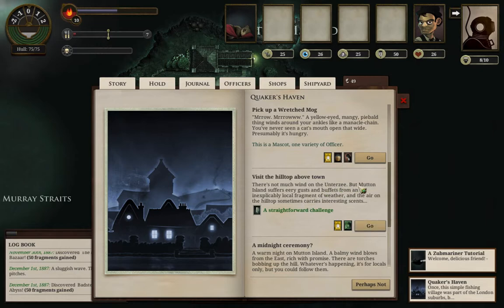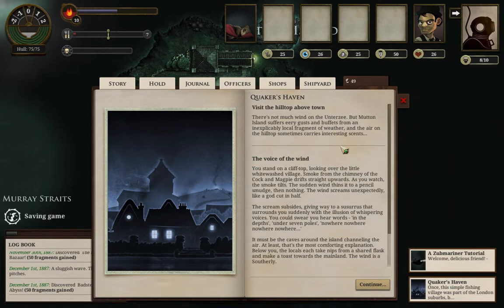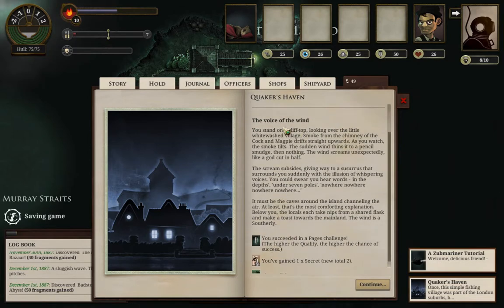There's not much wind on the Undersea, but Mutton Island suffers eerie gusts and buffets from an inexplicable local fragment of weather, and the air on the hilltop sometimes carries interesting scents. Let's find out. The voice of the wind. You stand on a cliff top, looking over the whitewashed village. Sudden wind within, so pencil smudge, then nothing. The wind screams